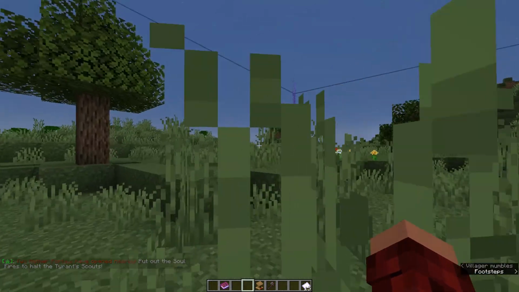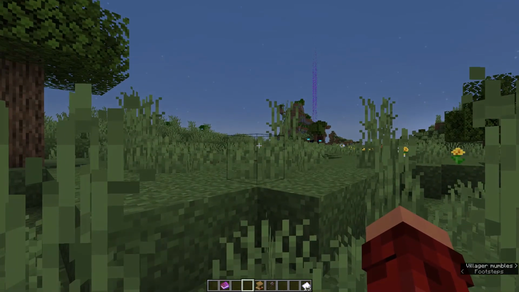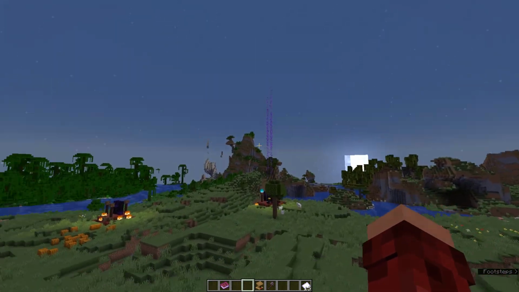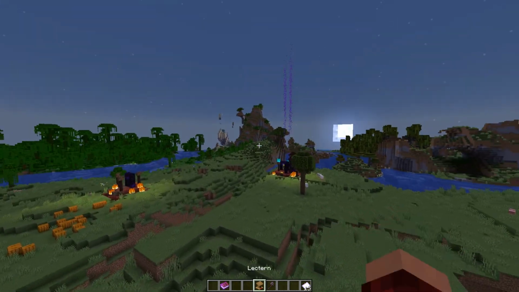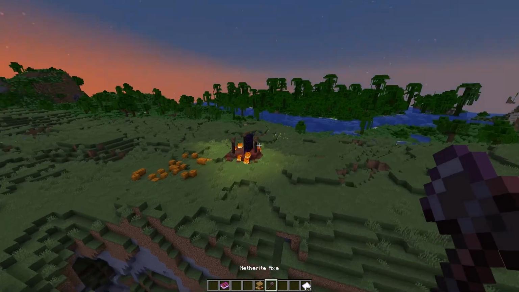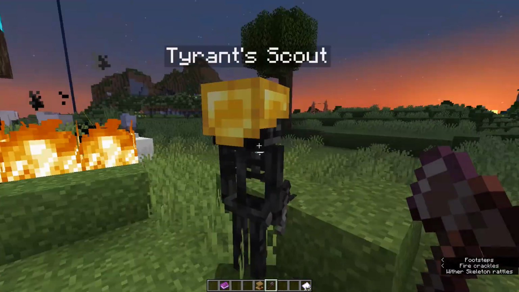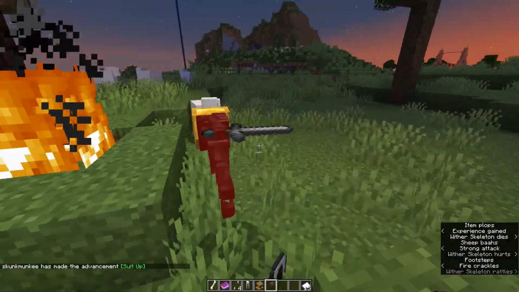Two nether portals have opened nearby. Put out the Soulfires to halt the Tyrant scouts. And as you can see, here are the particles. Very near our other one, actually. So we'll head over there, and now, that one had 1. This one now has 2. So if we start taking out these Tyrant scouts...